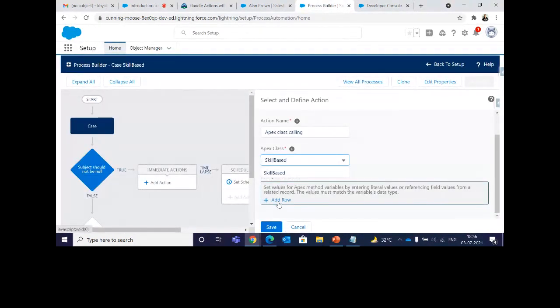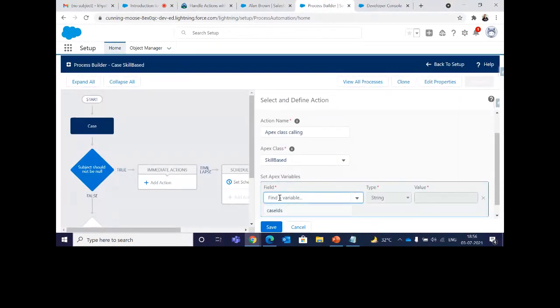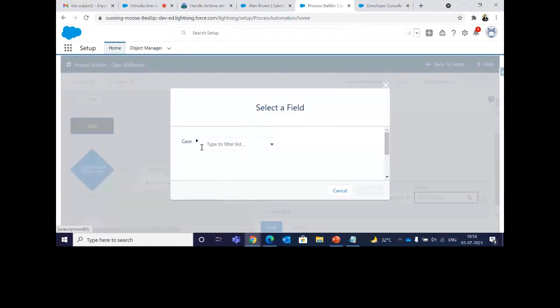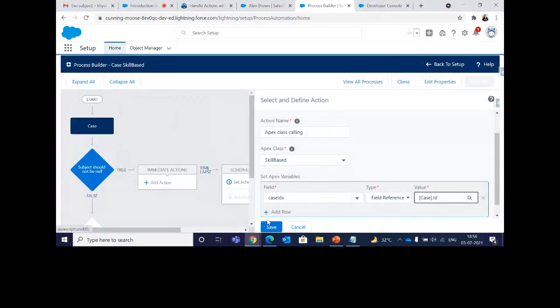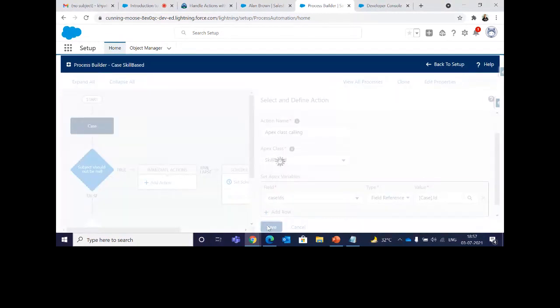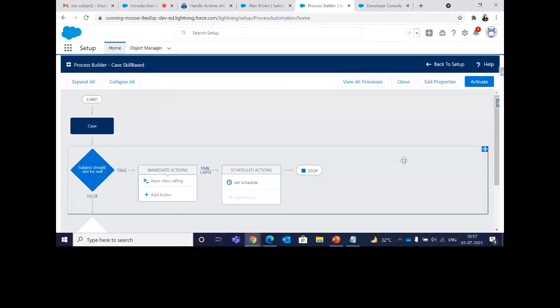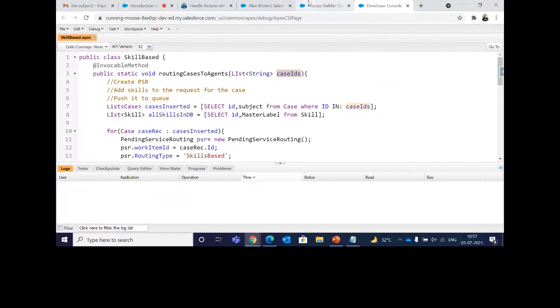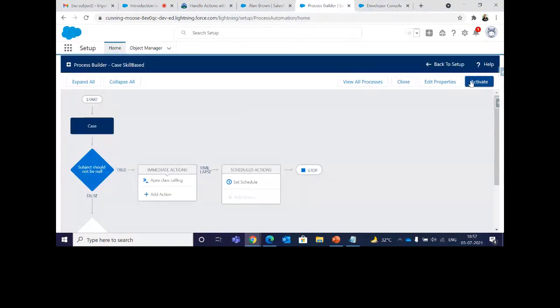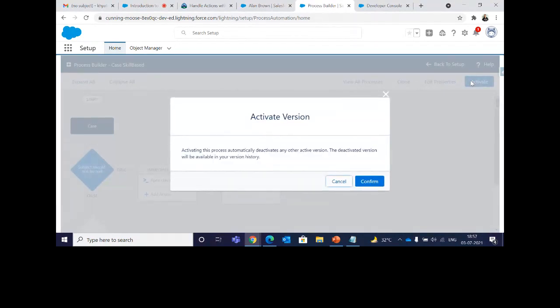Just click on add row, you'll see case ID. Click on filter reference. So I'm referencing my case ID to the original case ID that will be created when a case is created. Click on case ID and choose, and click on save. So this is how we are calling our Apex class, which we have created to route the cases. I'll just activate it.